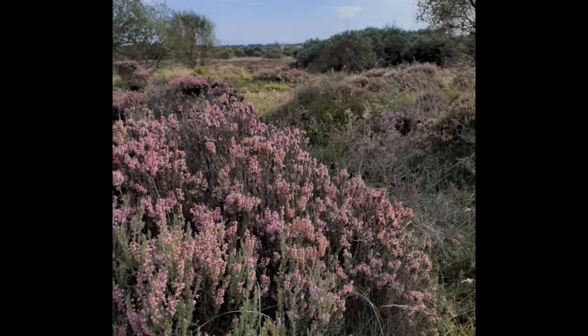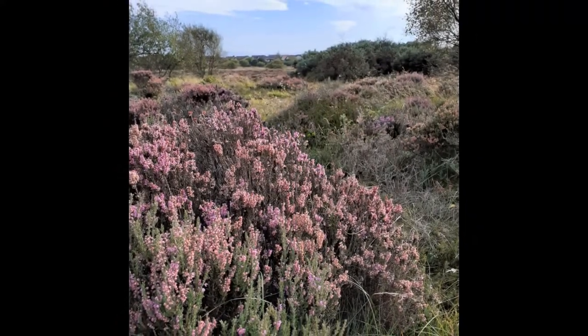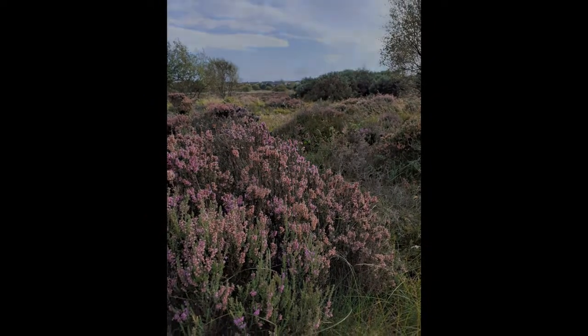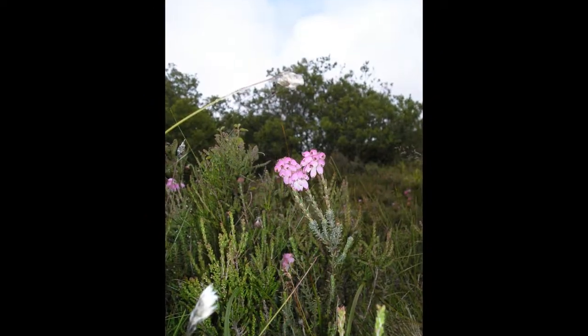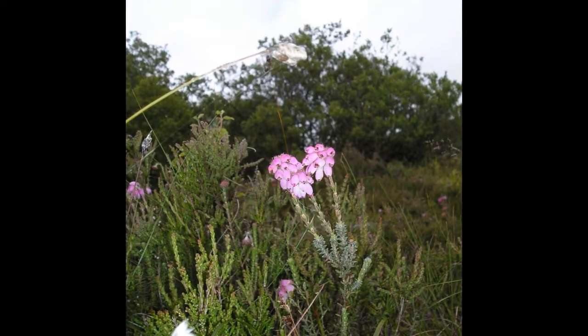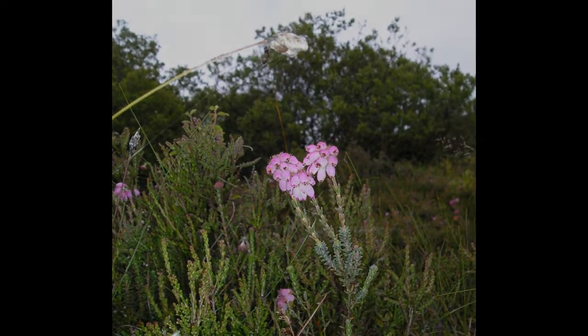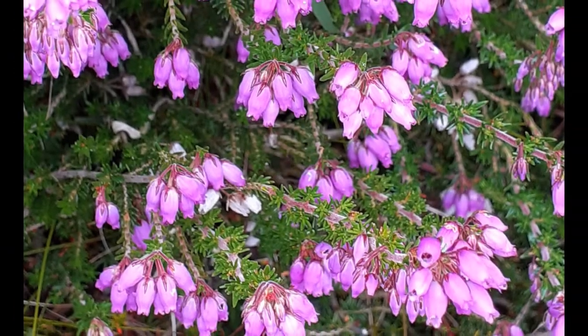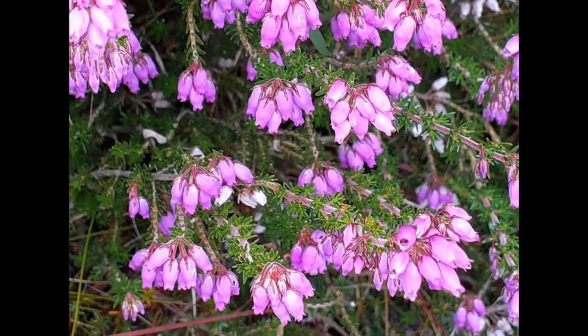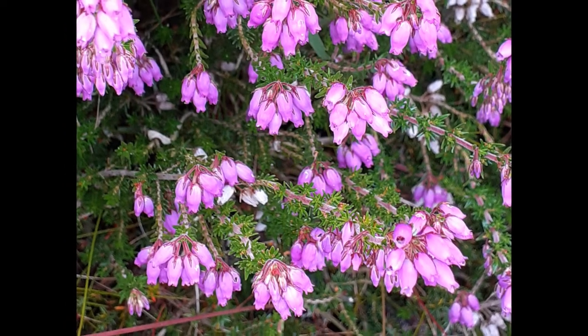Heath, scrub and woodland surrounds the bog. Heathers and dwarf shrubs dominate the heaths. Cross-leaved heath has leaves arranged in 4s around the stem, with silky hairs on the underside, reducing water loss by trapping air. Bell heather, with its bright pink bell flowers and leaves in 3s in whorls around the stem,